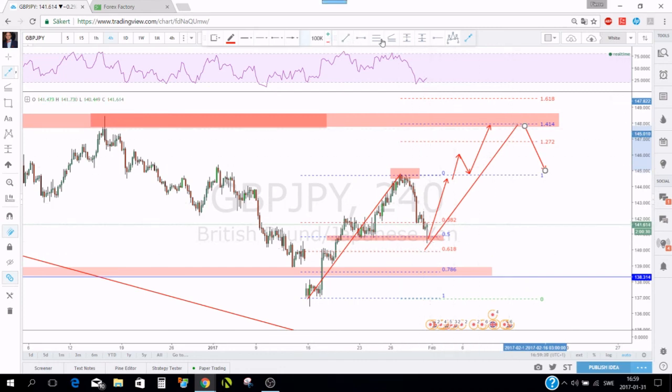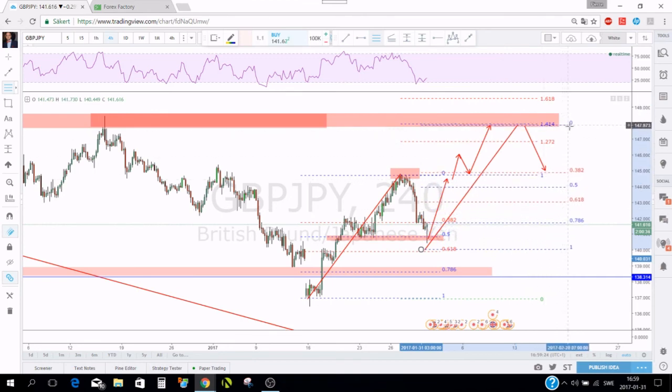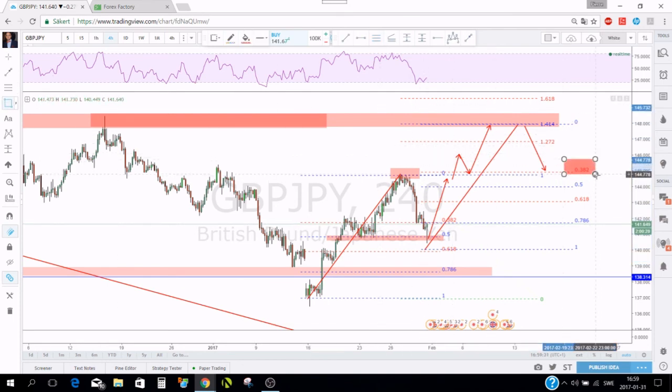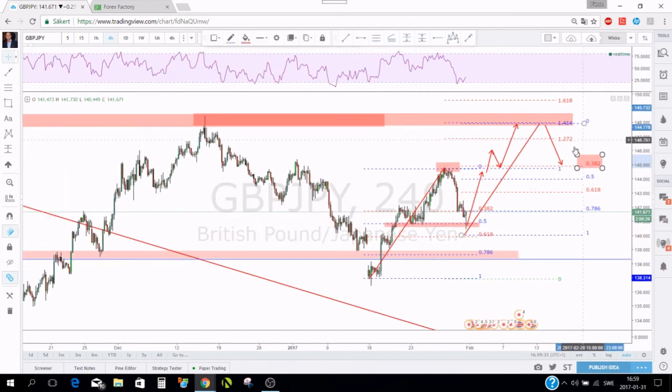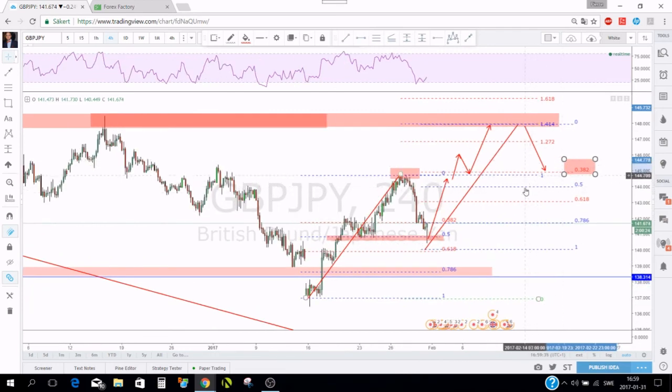So you take it from this low down to this high, and your take profit target should be at this area, because it may keep going up and break this level also. Okay,